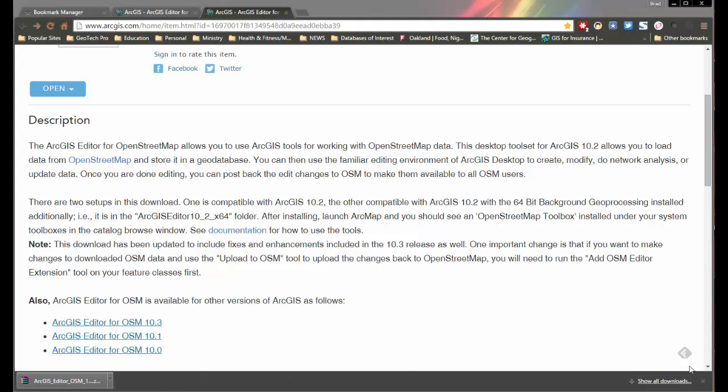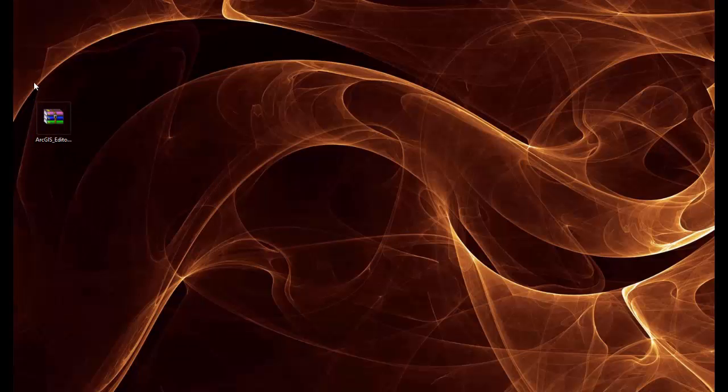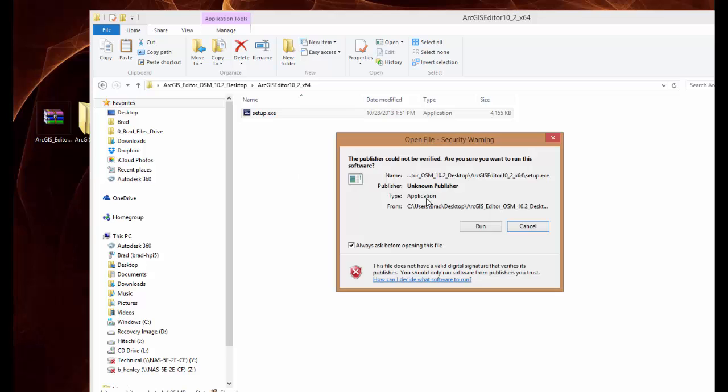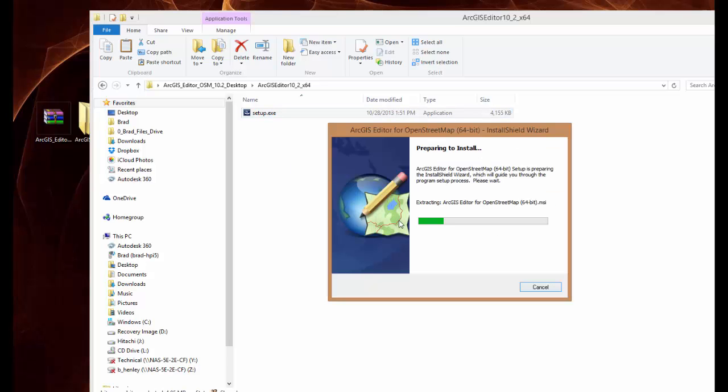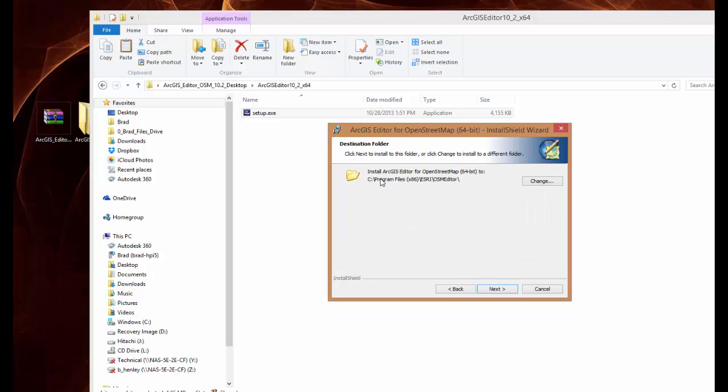Once you have the file downloaded, we need to extract the zip file and start the setup executable, either 32-bit or 64-bit depending on your system. And notice the location where this file will be saved, and start the installation and finish. Next, we need to open up ArcGIS and